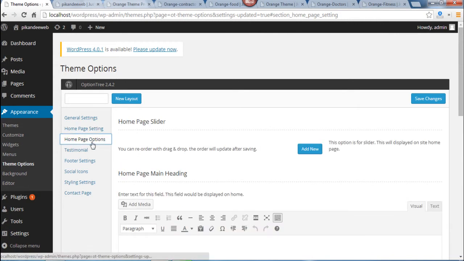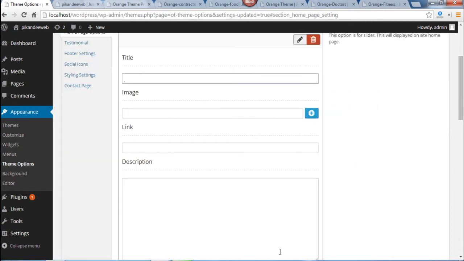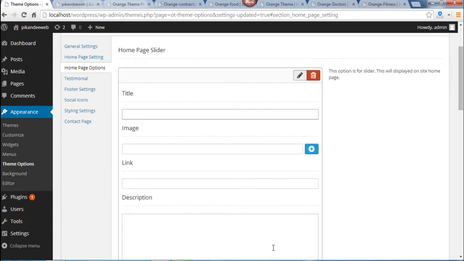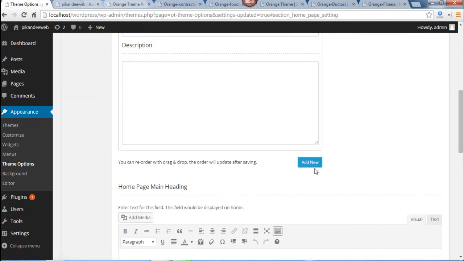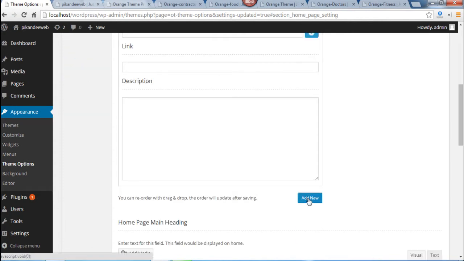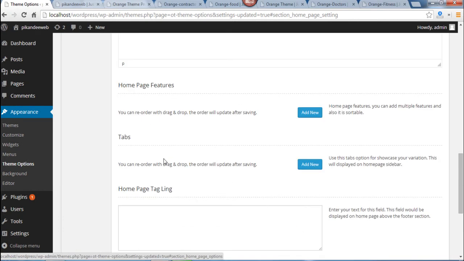Now the homepage option. With the help of the homepage option, you can add unlimited sliders. Yes my dear friend, there is no limit. Just enter the title, pick your image, link, description, and add new, add new, add new. Unlimited sliders you can add on your homepage main headline.